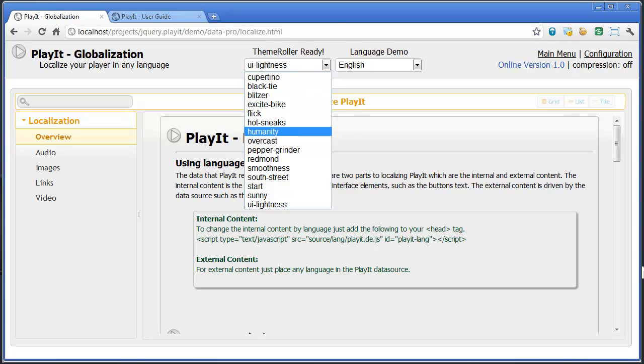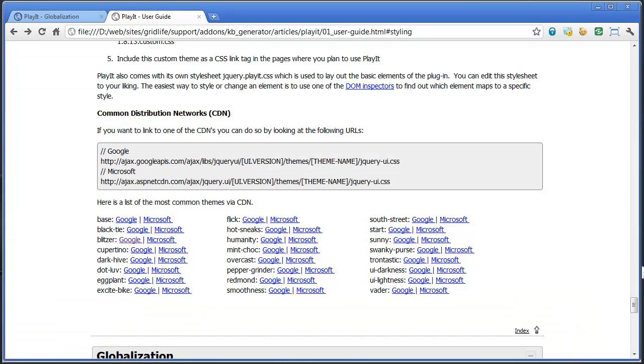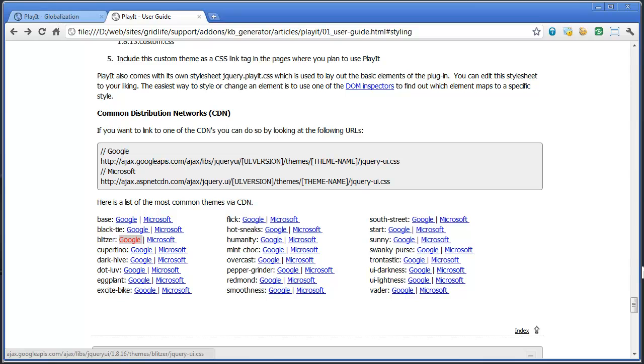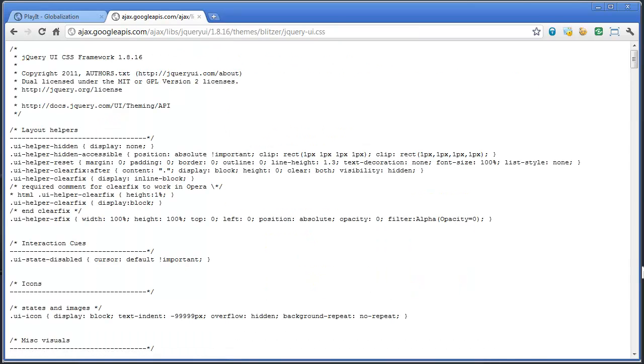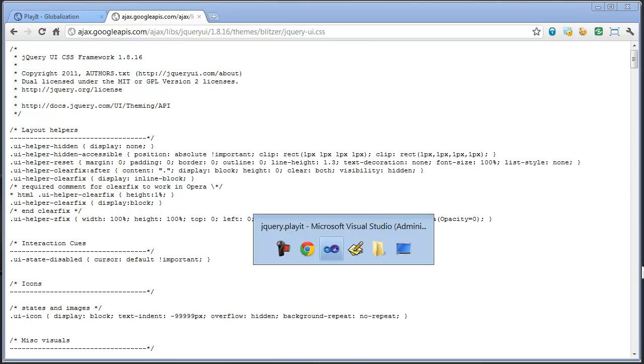current selected item is. Now, built into Theme Roller, there is a whole bunch of themes, and we have it out here documented on lifeinthegrid.com for the PlayIt documentation. We have all the different themes that you can link to, and each one of these links are CDN links. So if you click on, say, this Blitzer link, it's going to take you to the URL that you need to style your control. So you can easily grab this URL right here, and then you can come back to